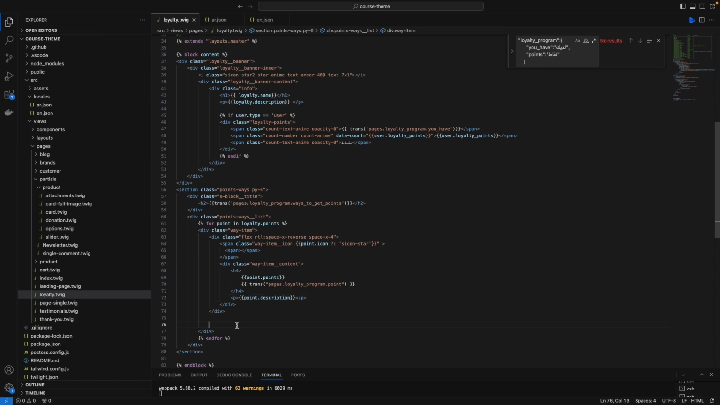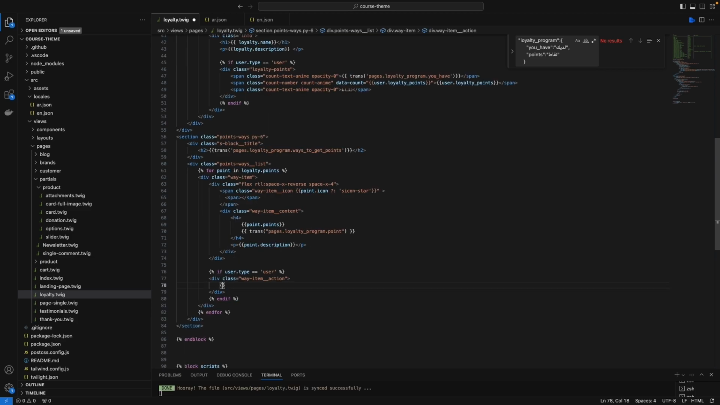To check if the user has this point or not, I want to check if the user is already logged in. I'm going to add an if condition again. So if, don't forget to end the if. I'm going to copy the previous one and paste it here. If user.type equal to user. Okay, if it's completed,